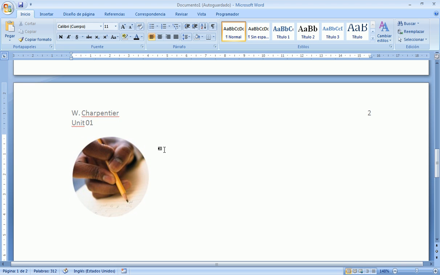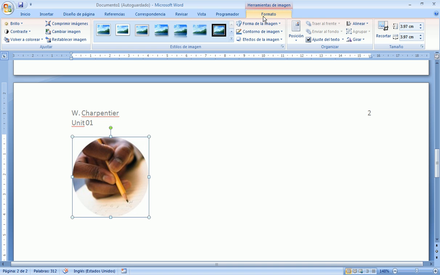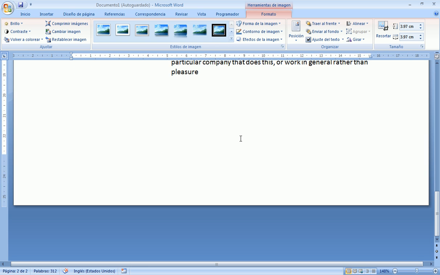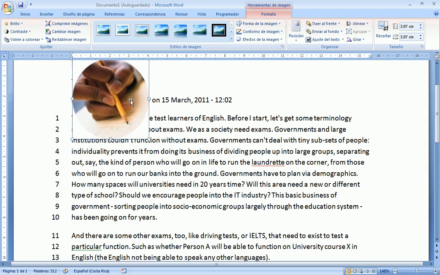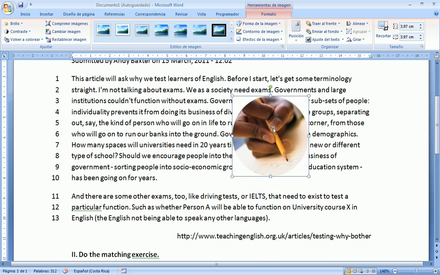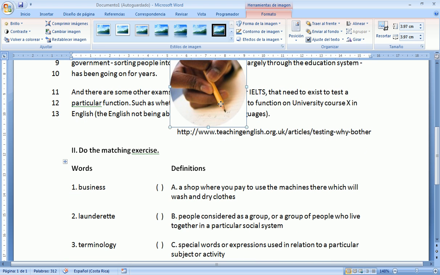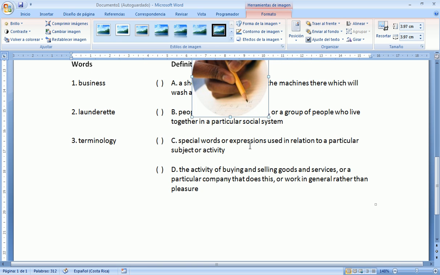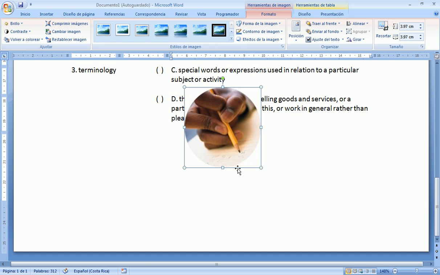notice that it went to the next page. I'm going to select the image and I'm going to come to format, and I'm going to choose here text adjustment, and I'm going to choose in front of the text. That's the one I use the most. I notice that the image now you can move it, but it's going to be in front of the text all the time. You might also want to have it behind, and there are different options, but this is